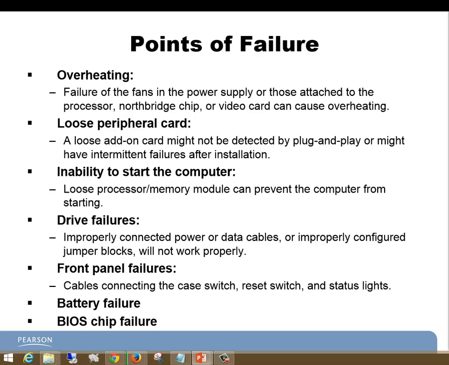So, some points of failure on both laptops and desktops. A big one is overheating. If the fans fail, it is very possible that everything in the computer will just get too hot. Now, luckily, most modern computers have sensors so that if those fans stop, they will alert you that the fan has stopped or even shut down the computer. I have seen examples on YouTube, and you can do a quick Google search and you'll find these for yourself, where people have overridden those